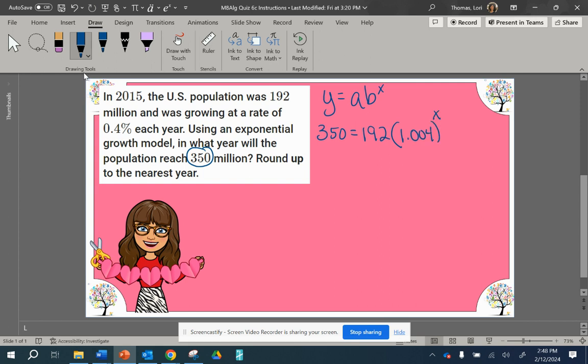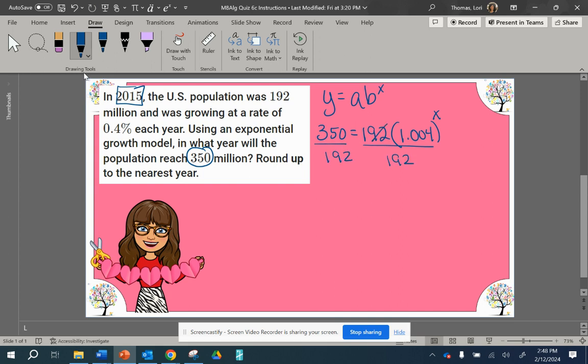So we want to know in what year we are going to have 350 million. Once we find the number of years and round up, we'll add that to the year 2015. So the first thing we can do to isolate x is divide both sides by